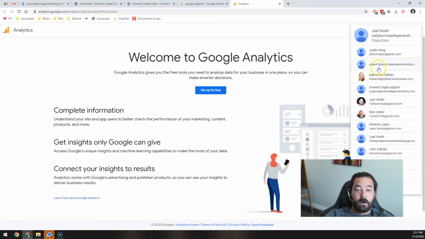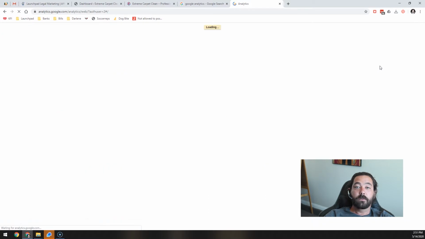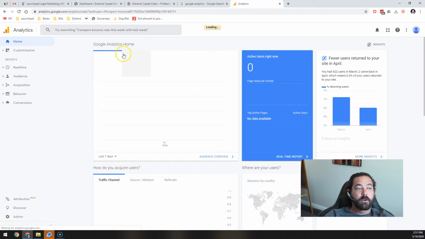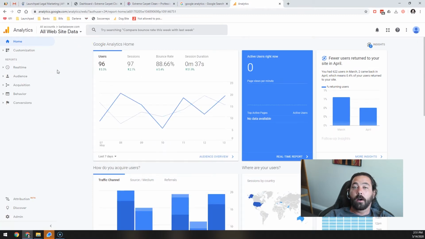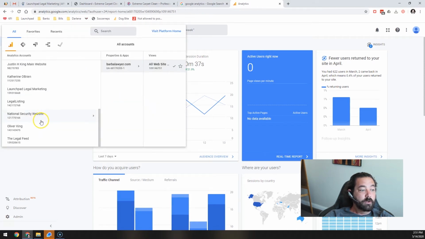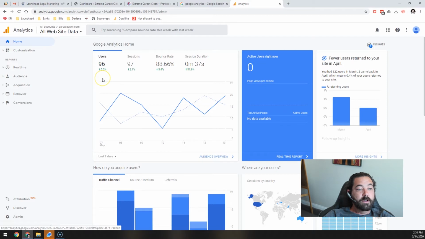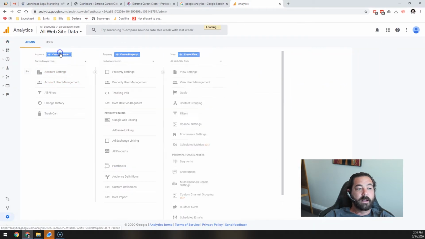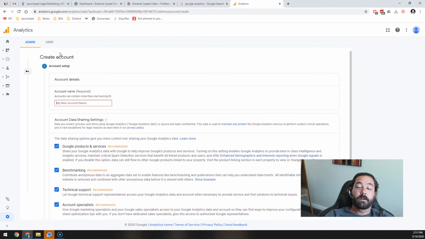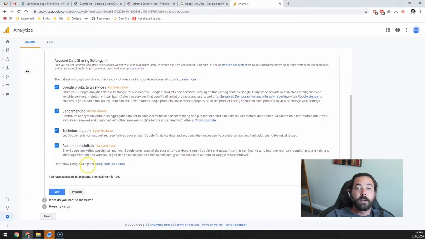So I'm going to switch over to our main account that we use to manage all of our clients' Google Analytics. And we're going to get a screen that looks like this, because we obviously already have one set up. But I'm just going to go over to the admin section and create account. On the previous screen, if you had signed up for free, it would take you essentially here. So, new account name. I'm just going to name it the business name, Extreme Carpet Clean. I'm going to agree to all of the